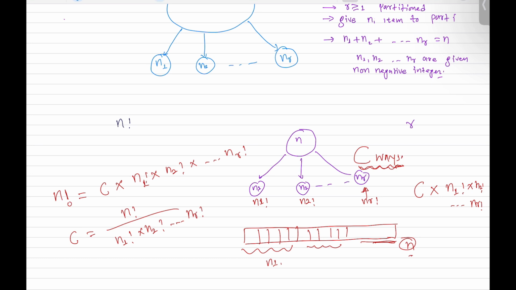And if you see, this is nothing but the generalization of the binomial coefficient, and what we call this is a multinomial coefficient,